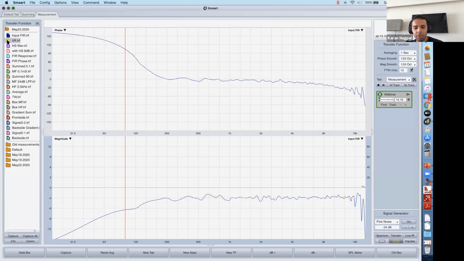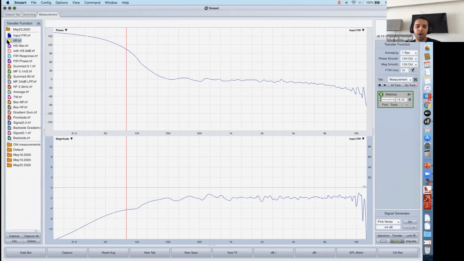So is this part clear? And then we can move on to measuring a box which has a crossover built in. A few questions. Yes, there's a question. A lot of software talks about averaging the response before linearizing the phase, and we are doing it with just a single measurement. So the question is, is it okay, or what is the recommended procedure?